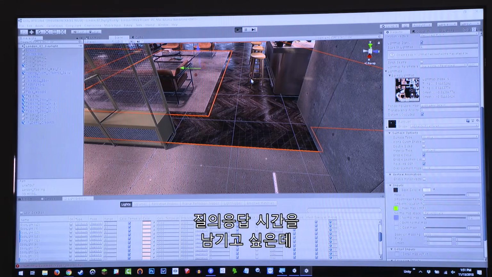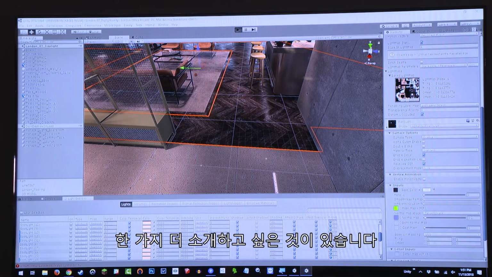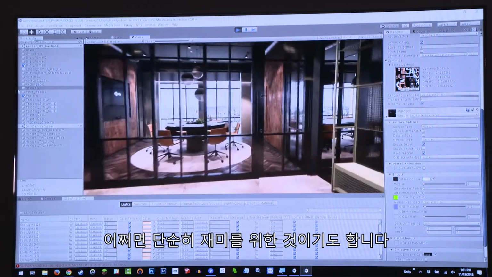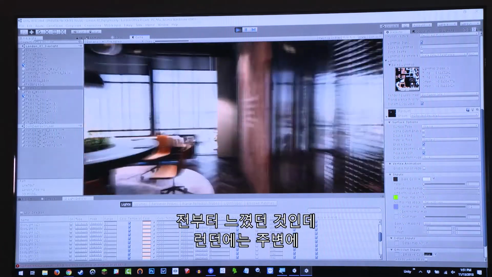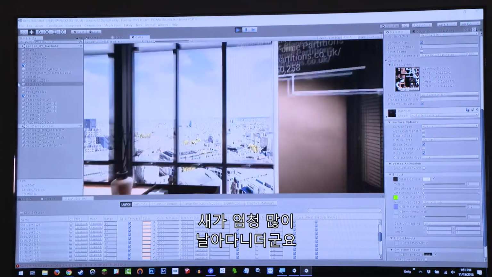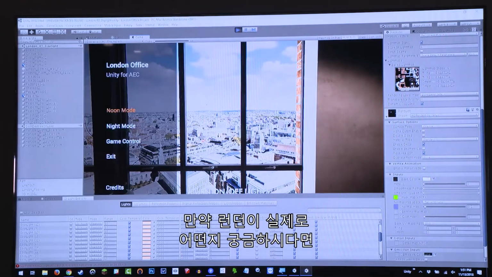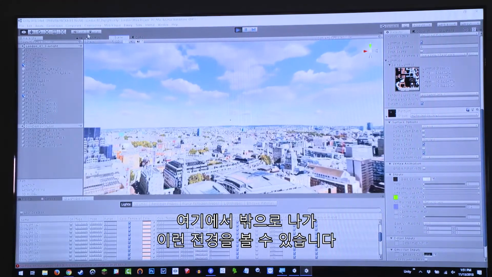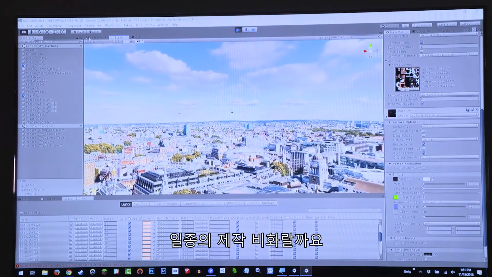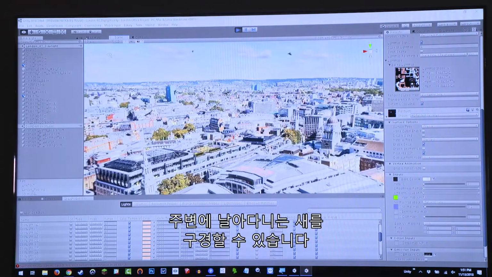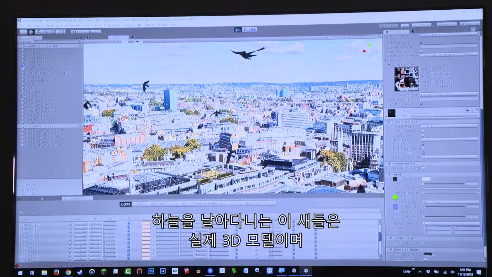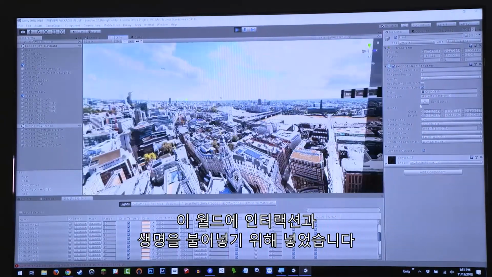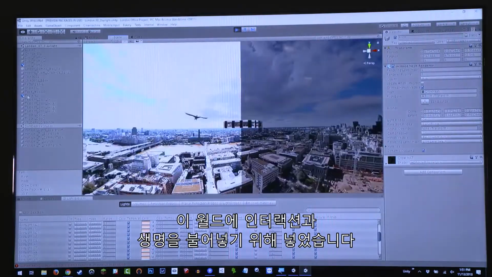All right, so I do want to leave time for questions, but one more thing I want to show here, which I think is super cool, and this one's more just fun. I always notice, apparently in London, there are just a lot of birds flying around. And this is just another little behind the scenes thing. We can actually fly up and watch the birds fly around. They're all over here. These are real 3D models flying around in the sky. Again, used to just add some interactivity, some life.